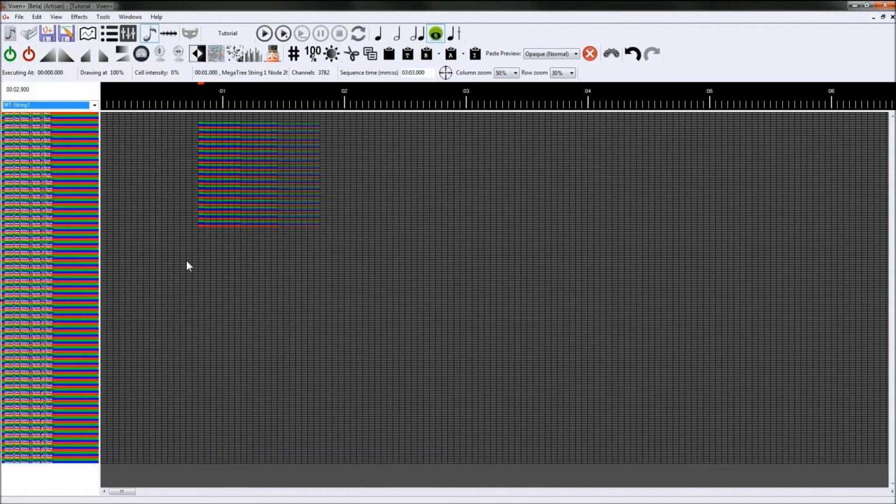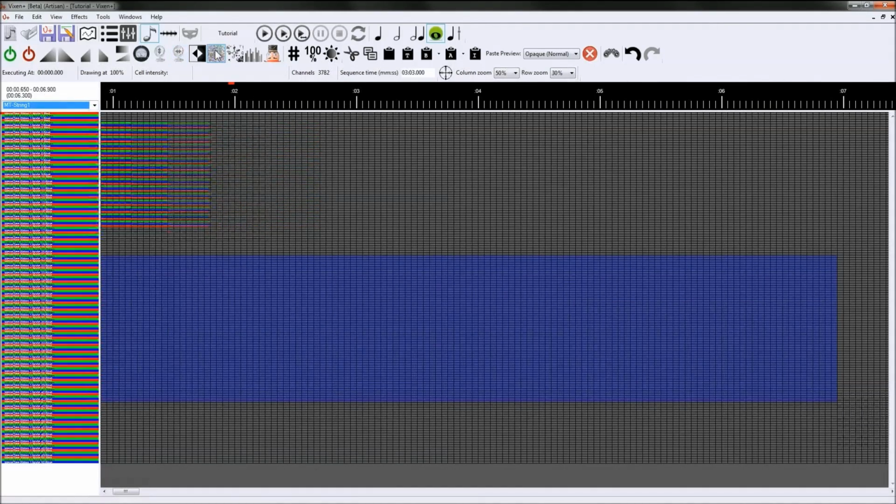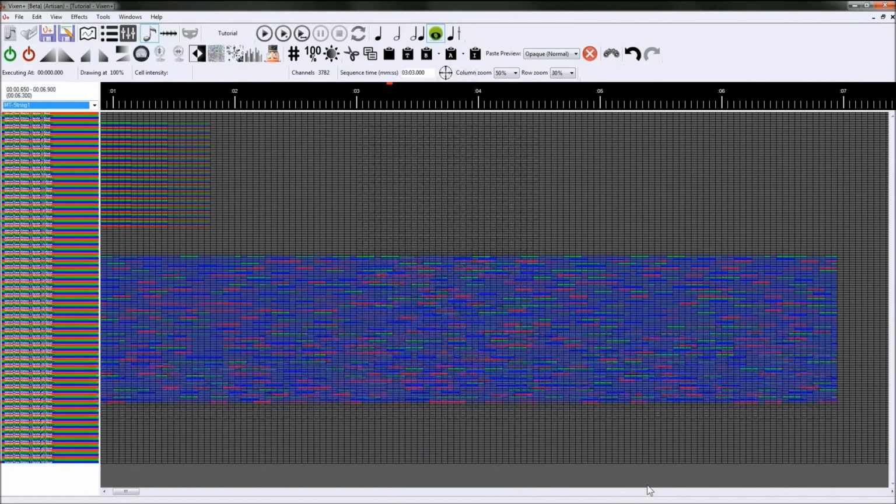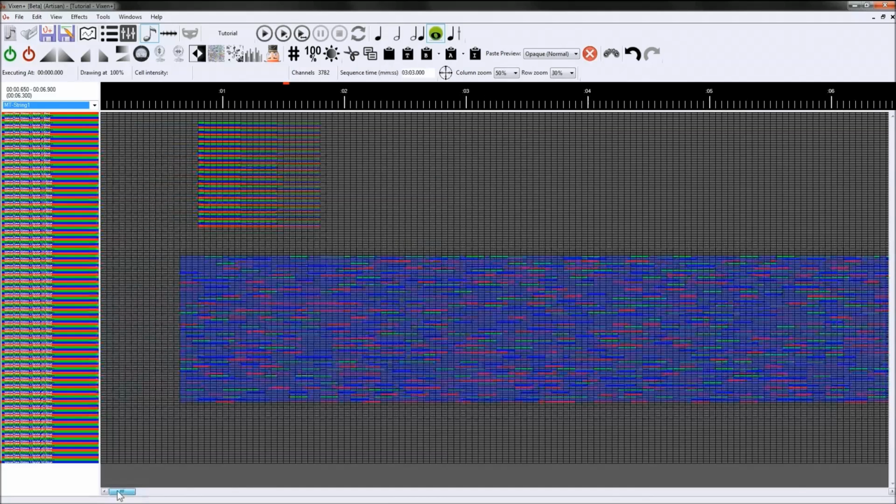We've got random. So I can take a bunch of cells and click on random and say, okay, make sure the period length is, I want each period to cover 3 periods at least. Ensure I have 50% coverage. Vary the intensity levels between 20% and 90%. And okay. And there you have some randomization that's put in